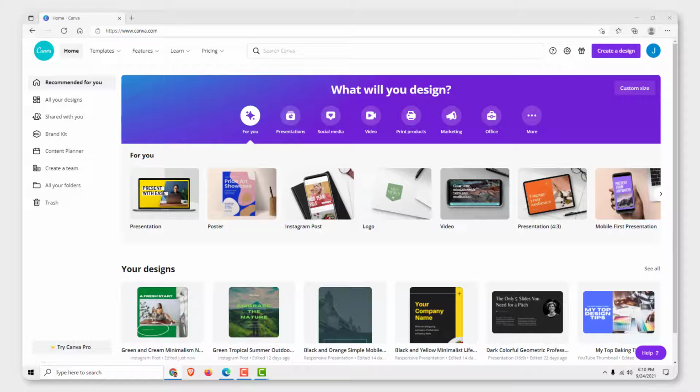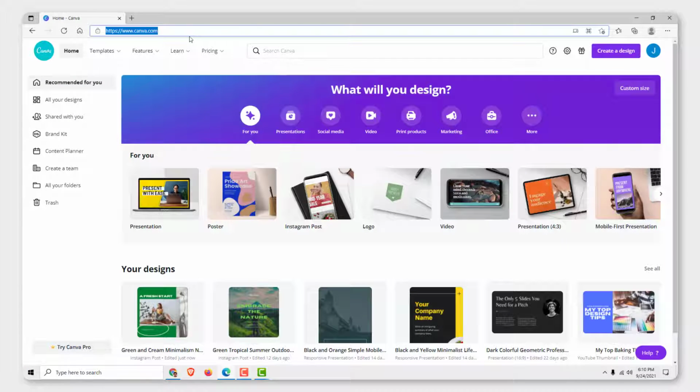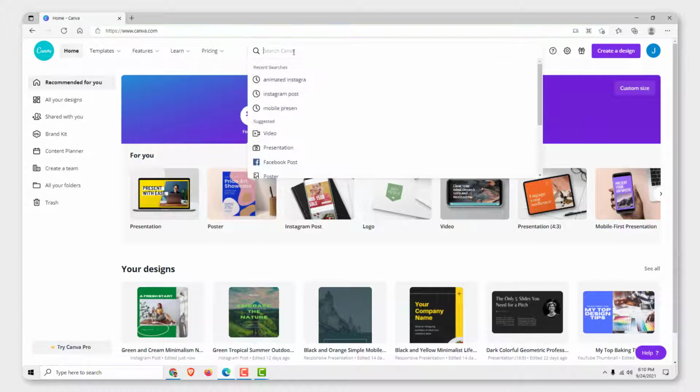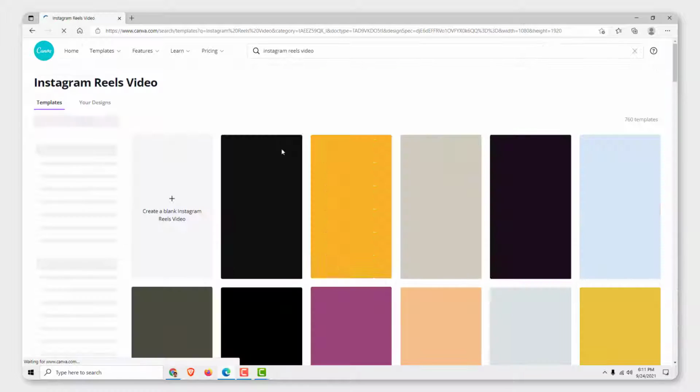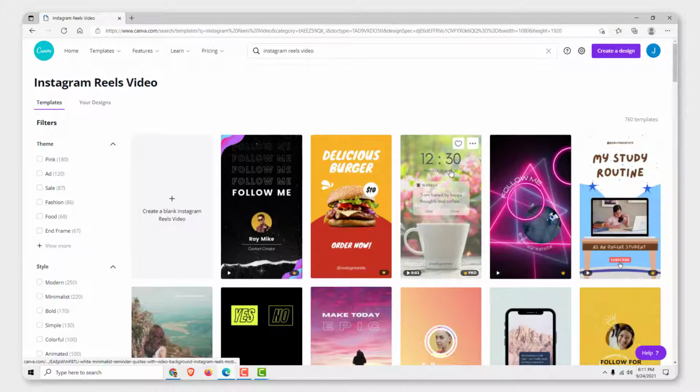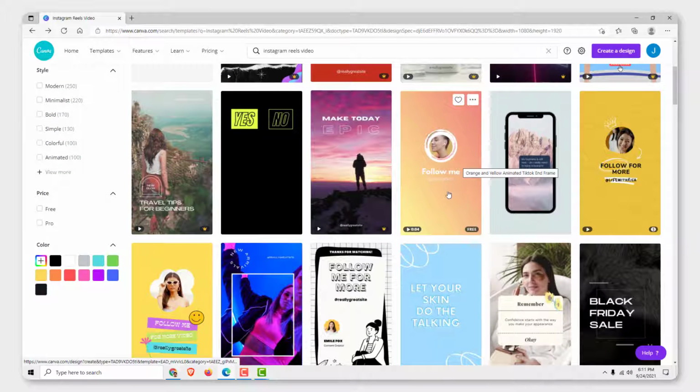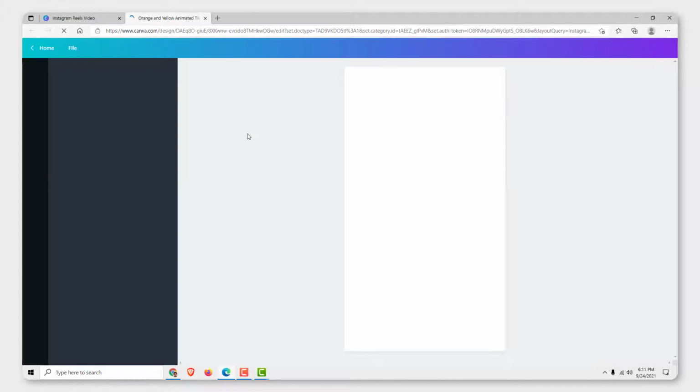Okay, let's make an Instagram Reels video using Canva. It's a free online tool that lets you use all these templates and things for you. To do this, type in Instagram Reels video, choose it, and over here you have a bunch of templates. For example, I will click this free one over here,